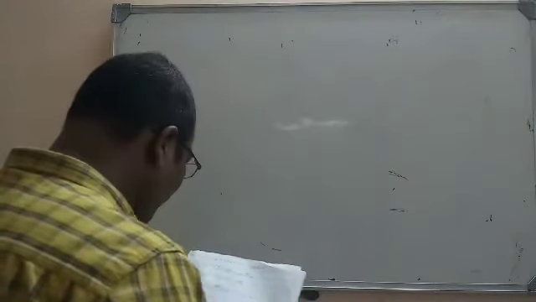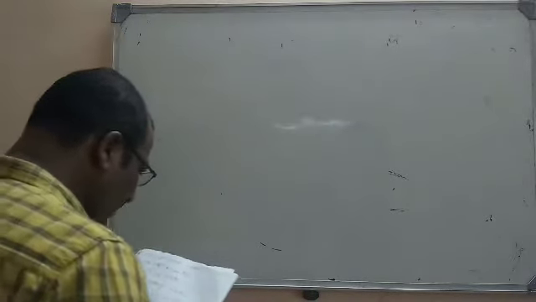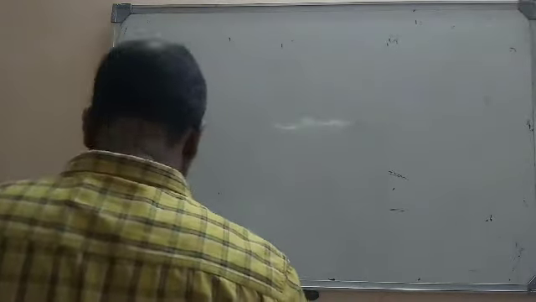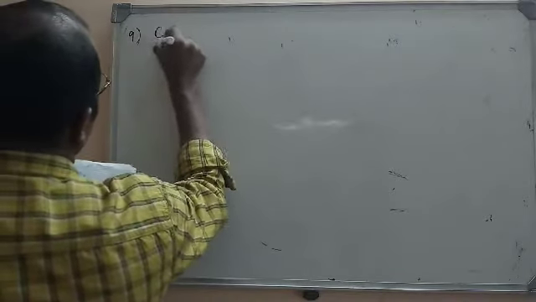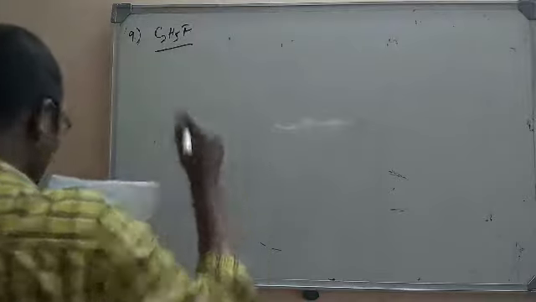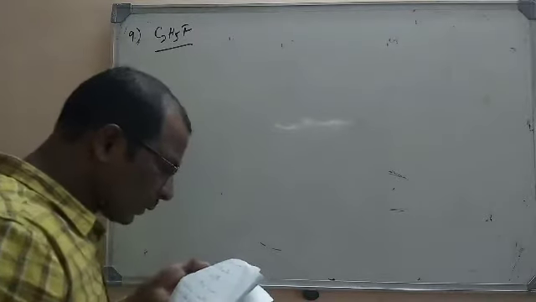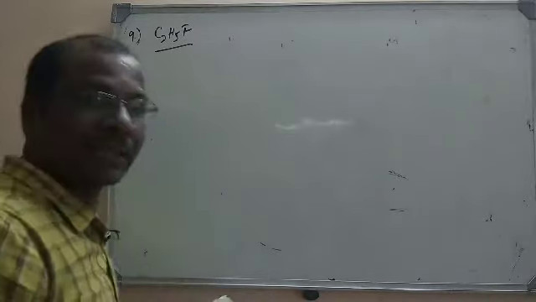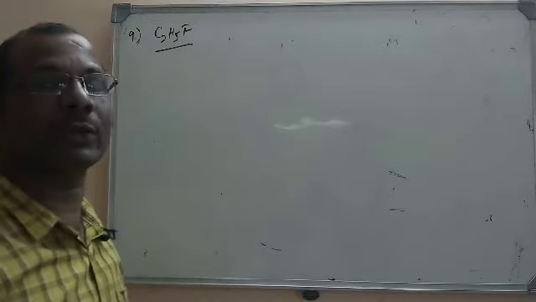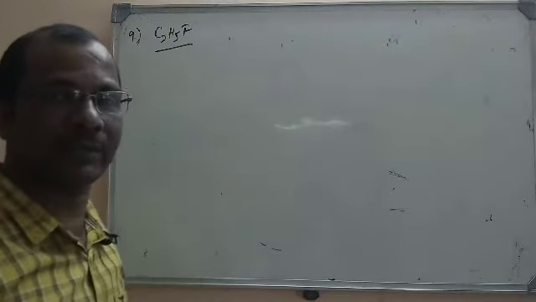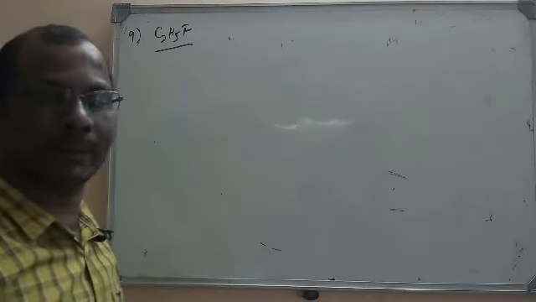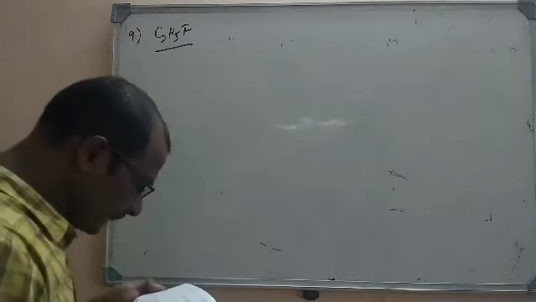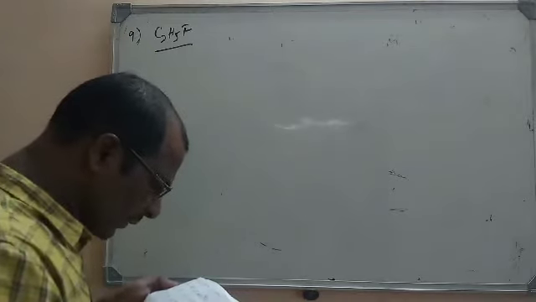Now let us see what is given here. Question number 9: what is the best method to prepare fluoroethane? Actually, fluorination is very difficult. We know the explosive nature of the reaction. Fluorine, being highly reactive, cannot be used directly. Let me read the methods here. Ethyl alcohol in the presence of sulfuric acid.